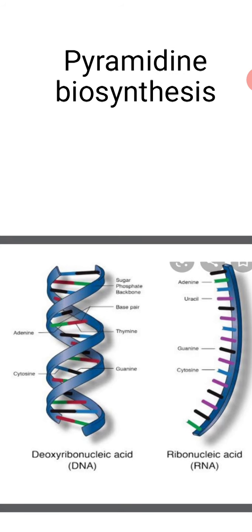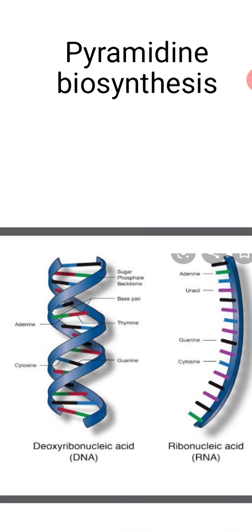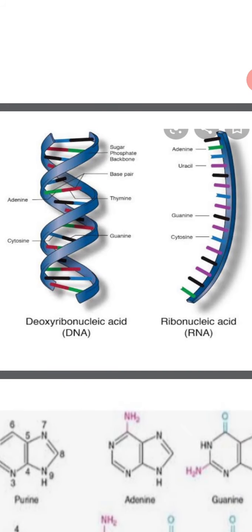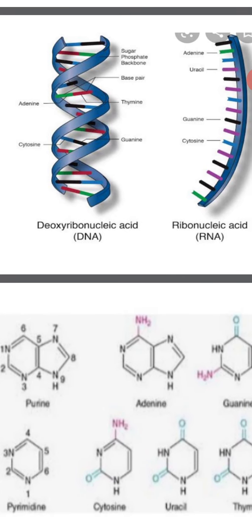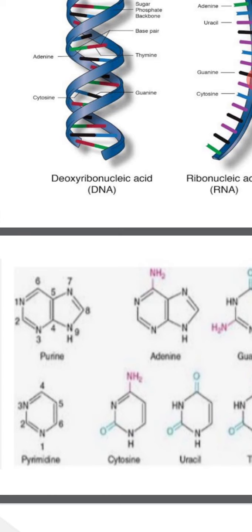Later research showed that it contained various nitrogen bases like adenine, guanine, cytosine, uracil, thymine, as well as sugar components like ribose and deoxyribose. The nucleic acid which yields ribose sugar is RNA, and the nucleic acid which yields deoxyribose is DNA. So for the formation of nucleic acid, we need nitrogen bases, phosphates, and ribose sugars.